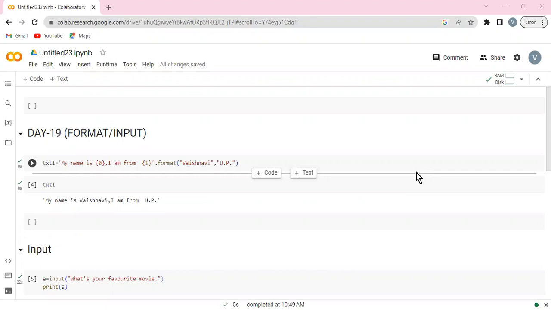So it's day 19. On day 19, I will discuss format and input. As in the text, I store "My name is" and we give it the zeroth position. What do we want in it here? I want the zeroth position. Then a comma, and "I am from", and in this place, the first position, I write the first place in it here. Then we close the